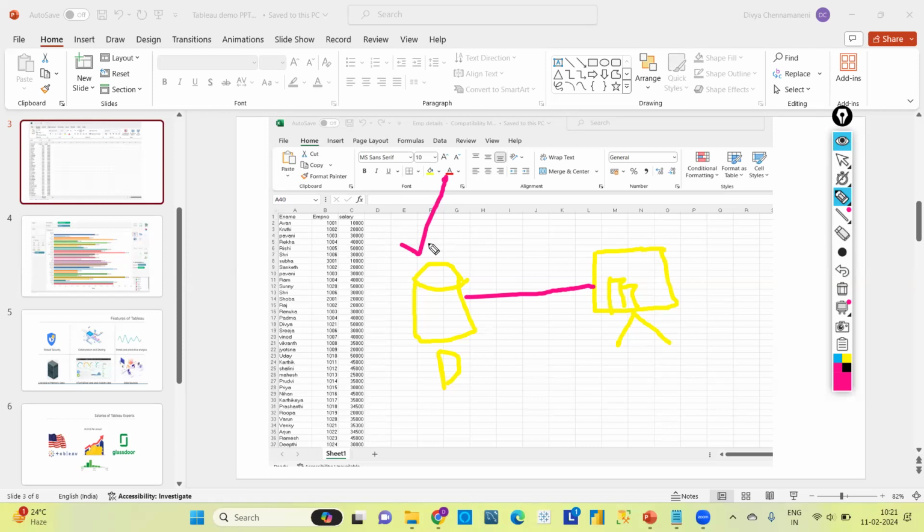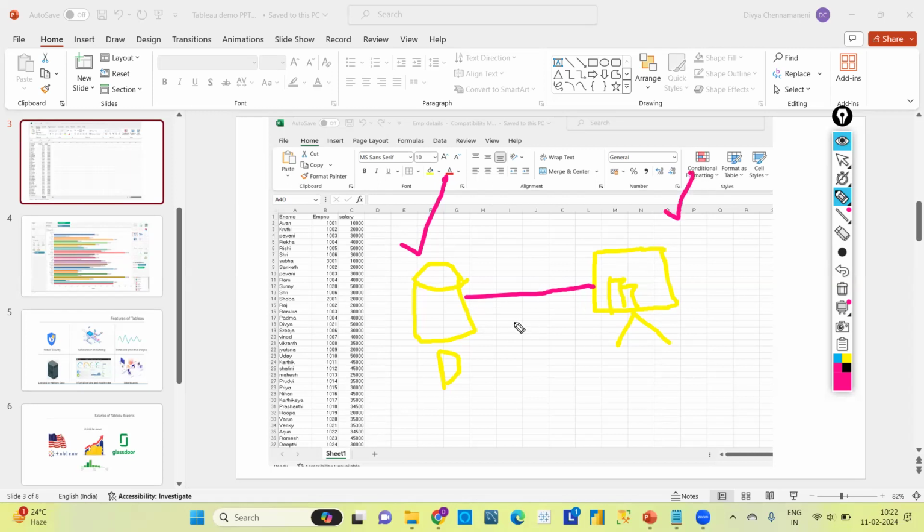It may be SQL, Oracle SQL, SQL Server, MySQL, MongoDB, any database according to your company. But we need to connect the database to Tableau Desktop and extract the data from the database. Then only can we create reports, analyze, and bring out insights from the data.